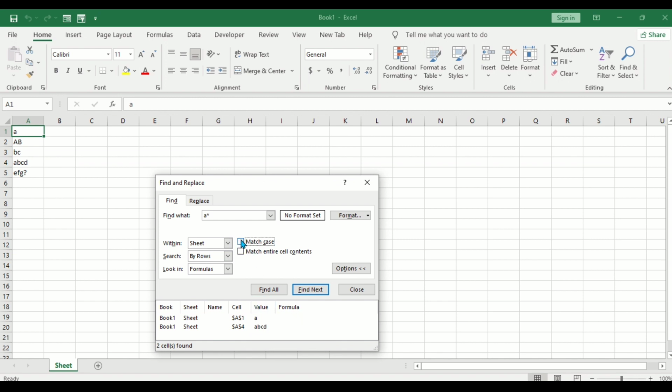But if you check this match entire cell contents, see what will happen. It will count all the cells, including both the small letter A and the capital letter A. Can you see that? So what we need is the match case. Then if we want to replace it with something else, let's say